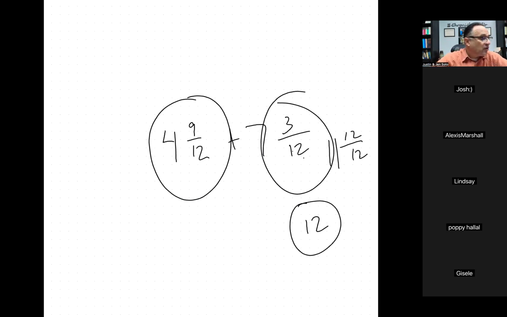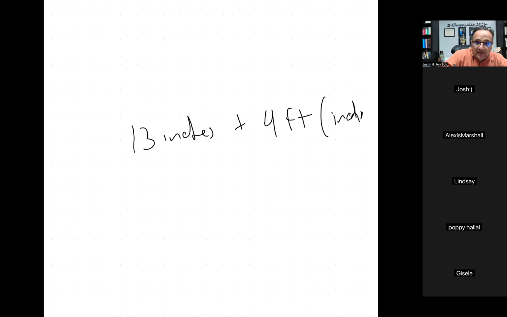All right. So for number 6, it says 13 inches plus 4 feet. They want you to answer in inches. Okay. So all I'm going to have to do then is just, this is already in inches. I'll leave it the same. I'll convert this 4